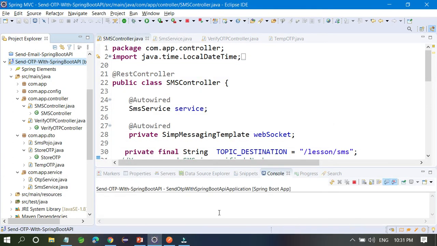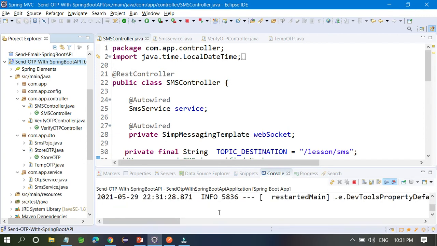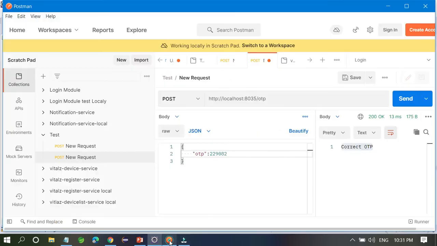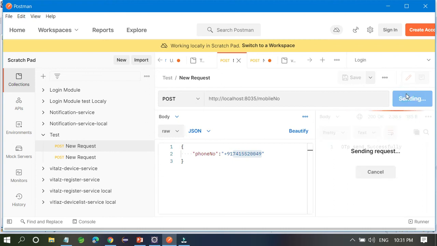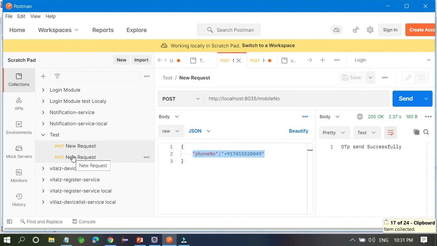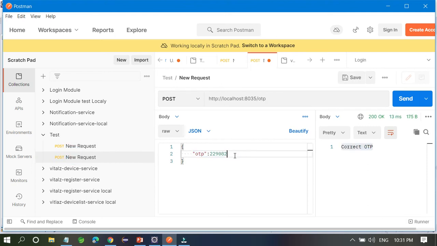Now you are not going to store your OTP anywhere else. You are going to store this OTP in your library. So once you enter the phone number and send it, it's saying OTP sent successfully. Okay, fine. Copy this one, go to here, and here you have to write a comma with this one, the phone number also.